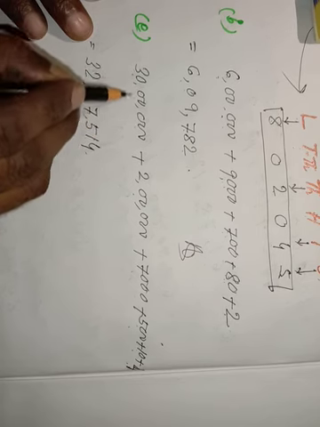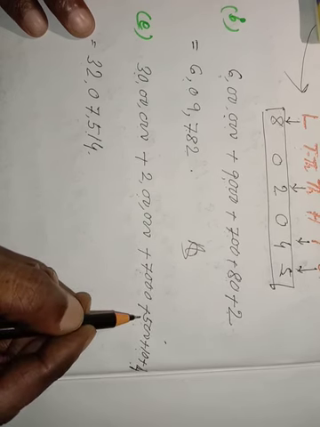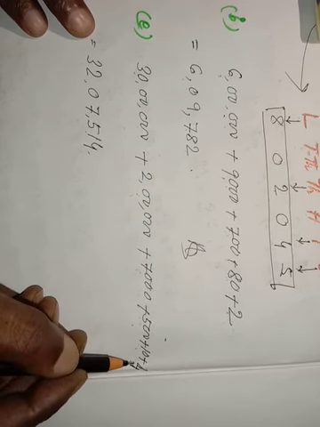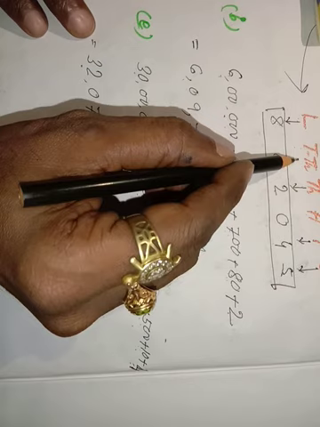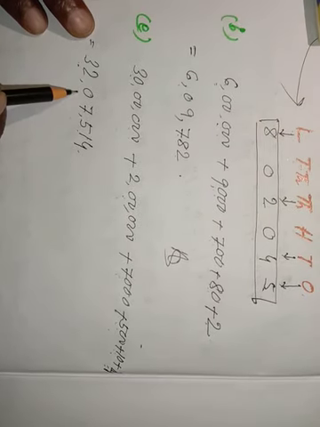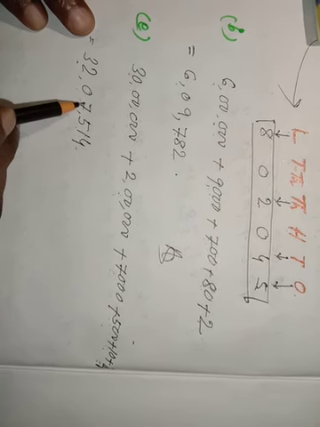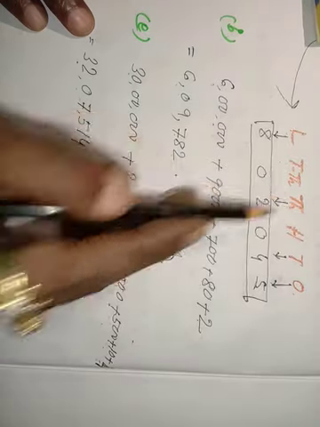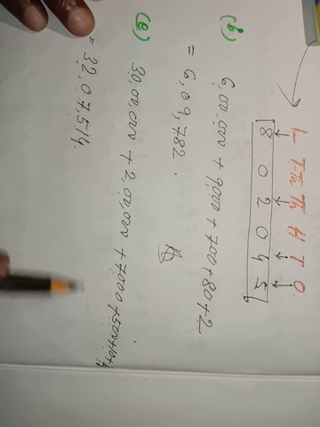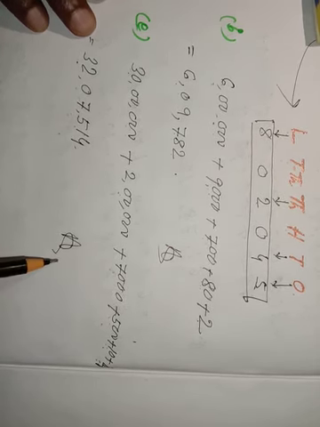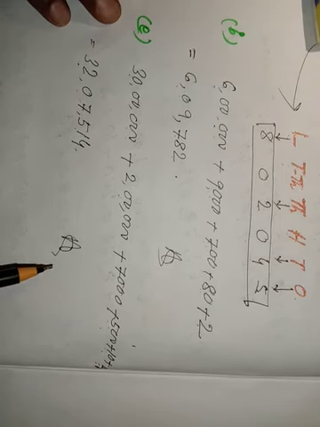I am repeating again. The question given 30 lakh plus 2 lakh plus 7,000 plus 500 plus 10 plus 4. 30 plus 2, 32 lakh. Next, 10,000 place not given any number. 10,000 I am putting 0 here. Okay. Next is 7,000. 1,000 place is 7. Next is 500. 10 plus 4, 14. This is the answer. I think all will be clear for you of number 6. A, B and last part I have completed. Today this much.